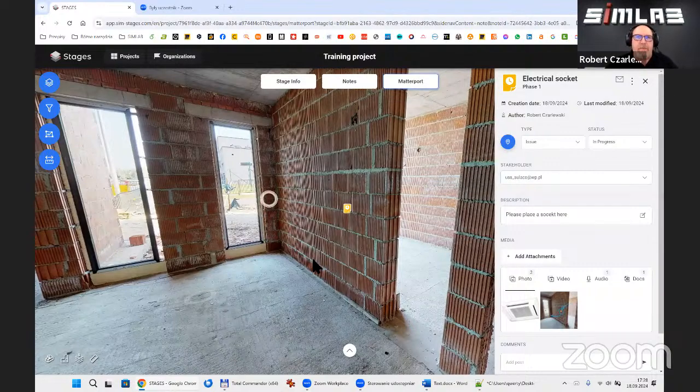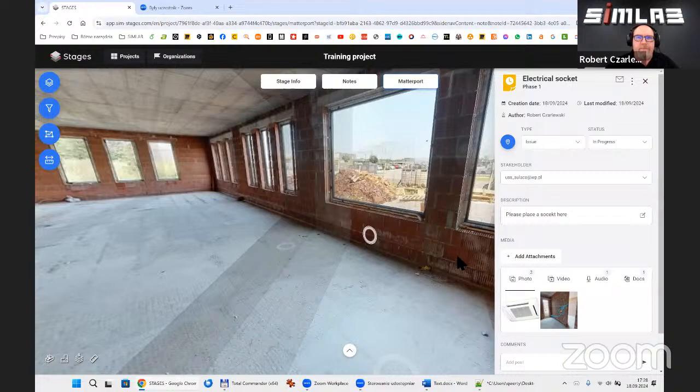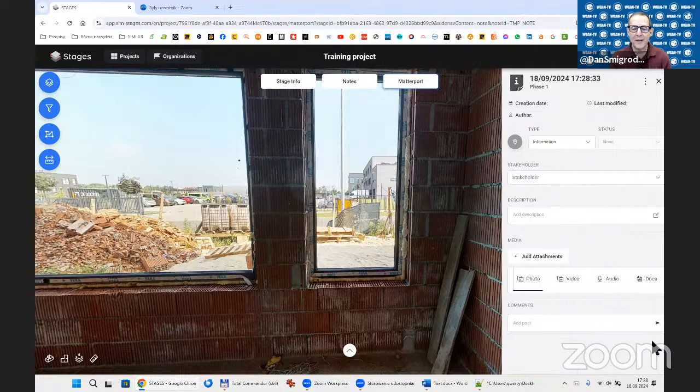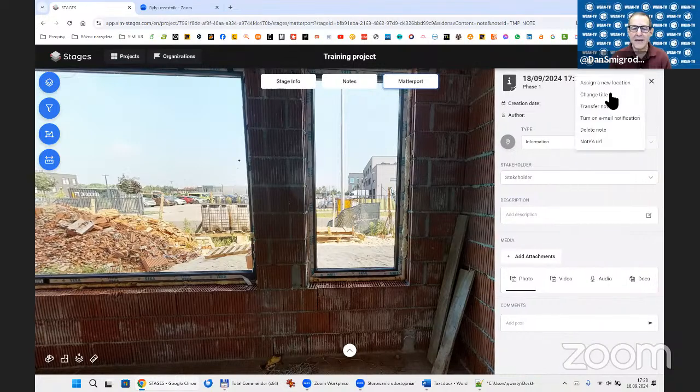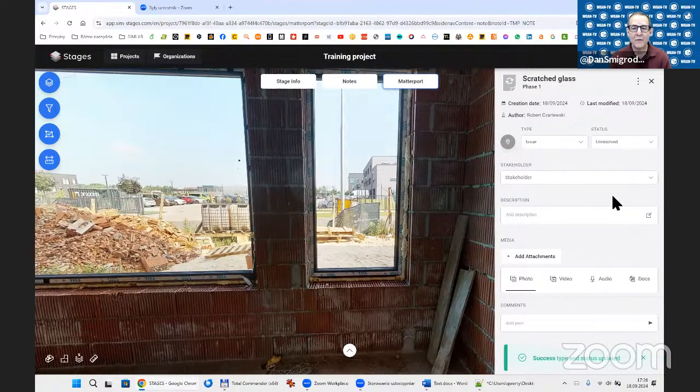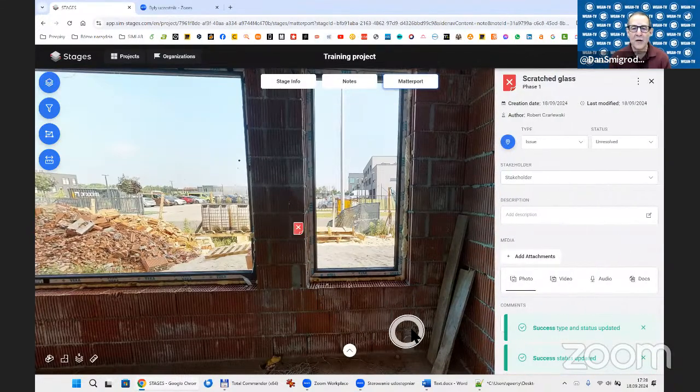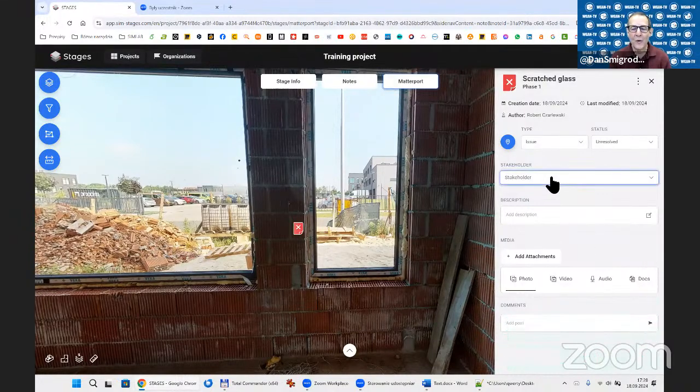Okay, let's add some more nodes, for example, here. So I think of this feature as place-based communications. So we're talking about a particular location at a particular point in time to facilitate communications on perhaps something that needs to be changed, fixed, or noted by the stakeholder within this particular project.